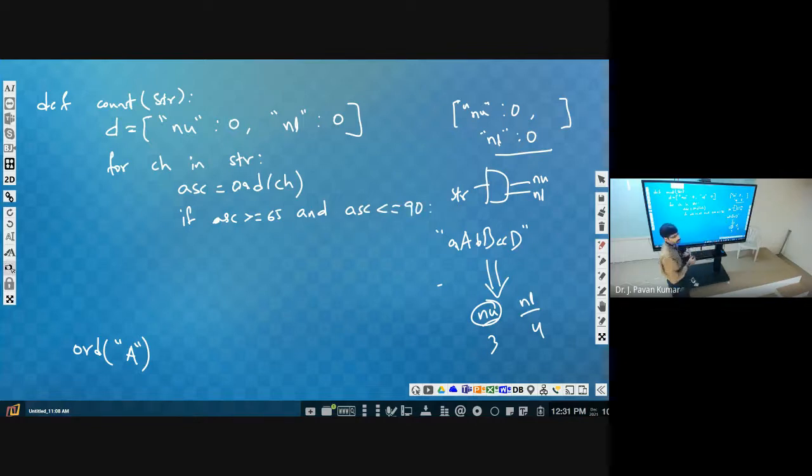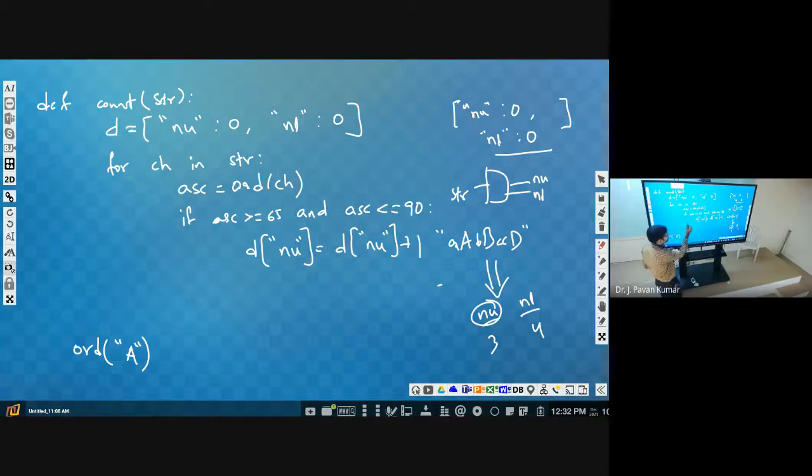If it is true, then what we have to do? We have to increment one value. Which one, uppercase or lowercase? Uppercase. So D of within double quotes NU. We don't know where that NU exists, but the index is NU only. So D of NU equal to whatever the number of characters we have plus 1.